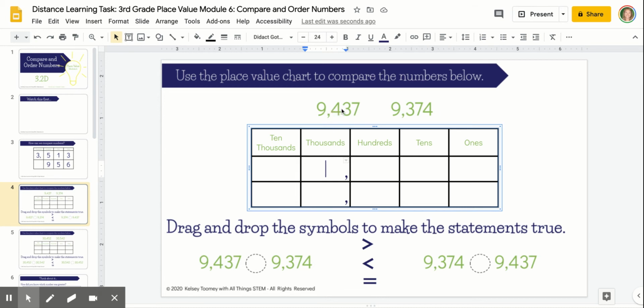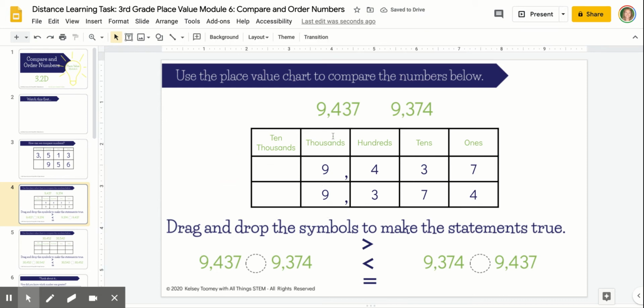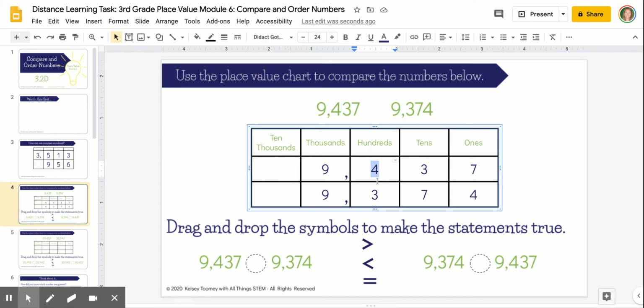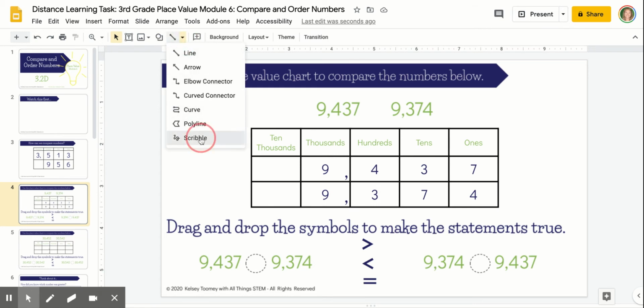I have 9,437. So I have a 9 in the thousands place, 4 in the hundreds place, a 3 in the tens place, and a 7 in the ones place. My next number is 9,374. Now I'm going to start with the very largest place value, my thousands place. However, they're both the same digit. So the thousands place for me is not helpful. When the largest place value is not helpful, go to the next highest place value. Here I have a 4 in my top number and a 3 in my bottom number. That tells me that this top number